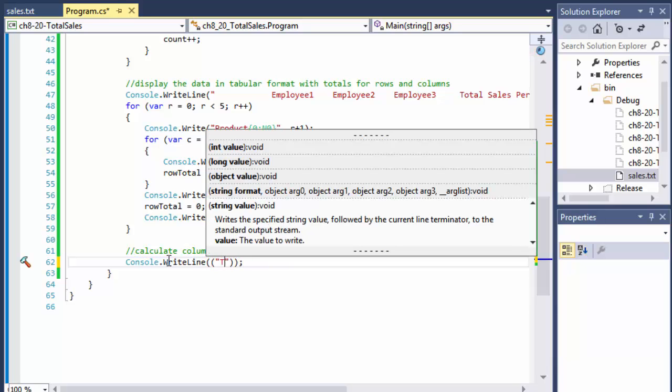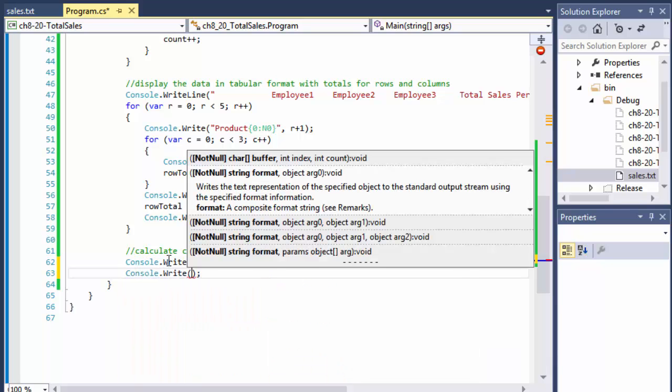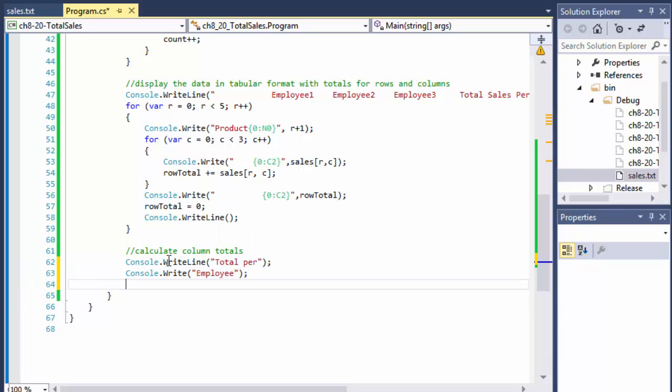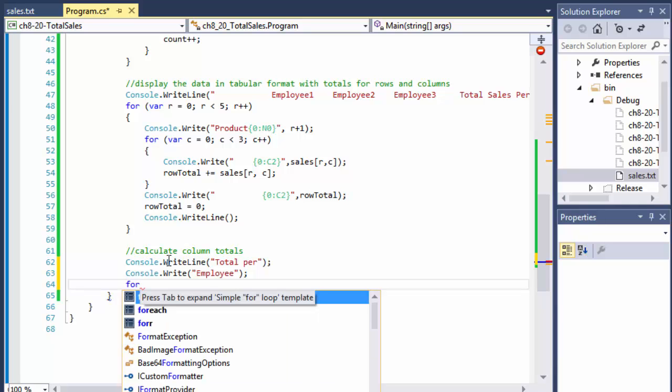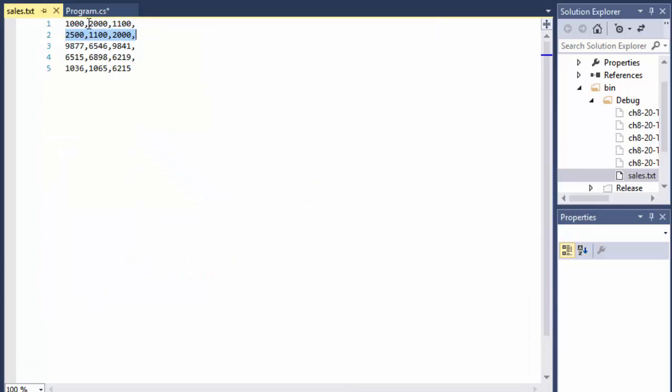So this one will say total per, and on the next line we will use console dot write again, because we are going to write into the same row all the totals for each employee. So it will say total per employee as the header for the row, and we will do the for loop, but this time we are calculating totals for columns, and there's 3 columns and 5 rows. So we did 5 by 3 before, because we were going row by row, but now we go column by